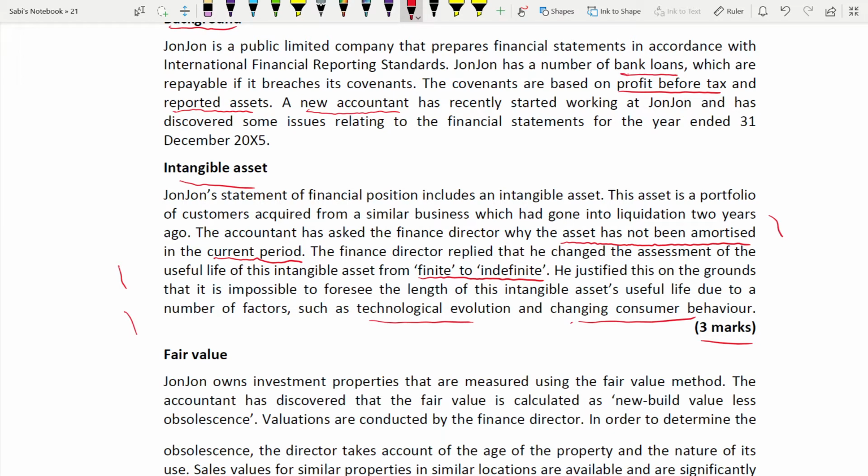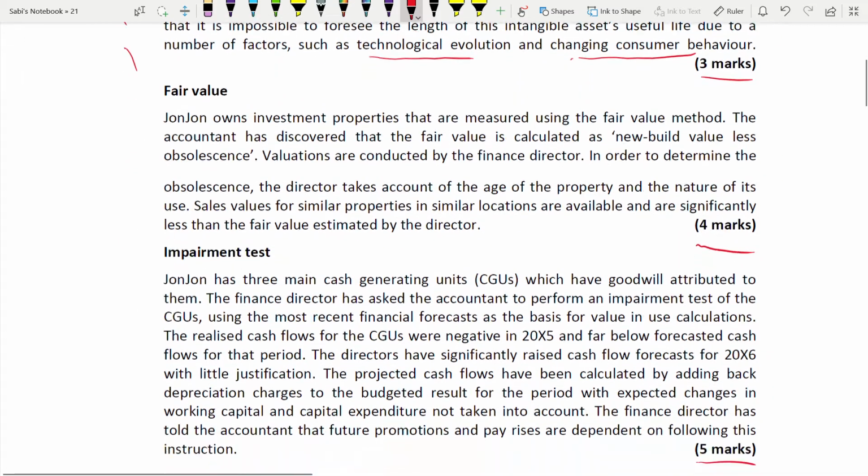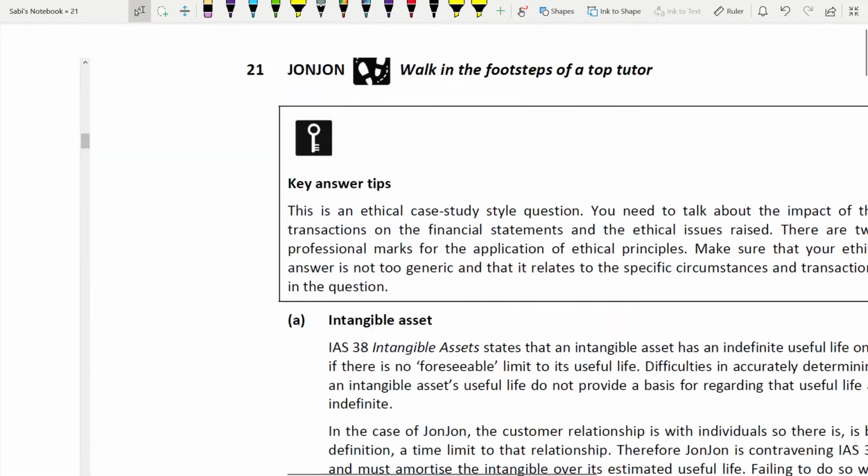This is another point. Okay, so before I go to fair value, I will solve intangible asset, because I have this habit that as soon as I read one accounting issue, I start answering it, rather than reading all three different accounting issues and then answering. But it's up to you. You can read the whole case study and then answer one by one, or you can read one, then answer, then again read, then answer. So I do the second approach. Now let us go to the answer. Okay.